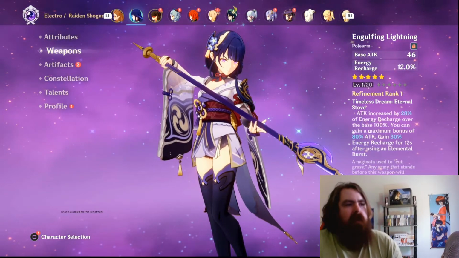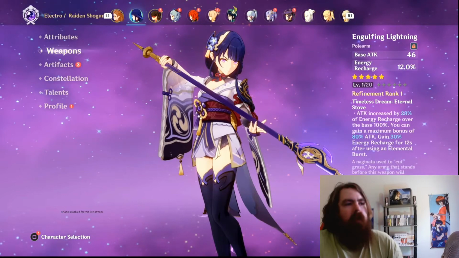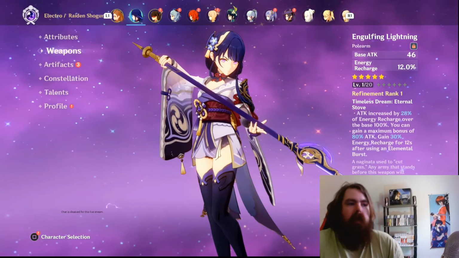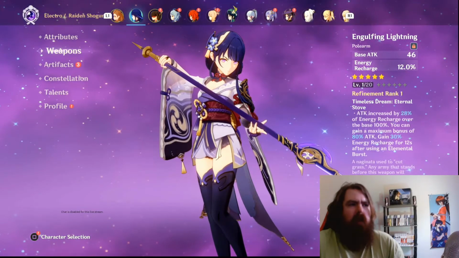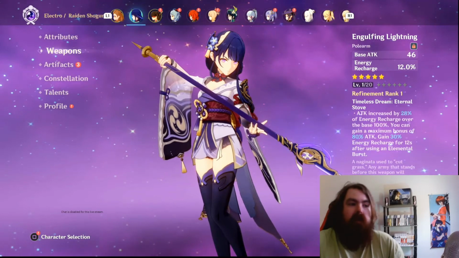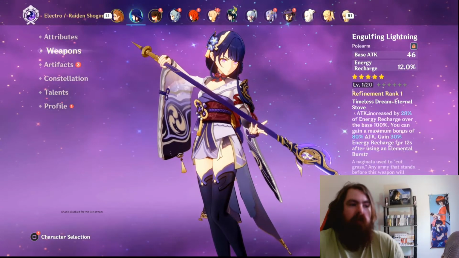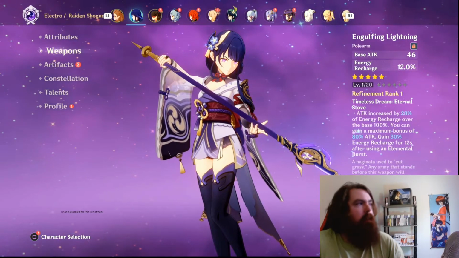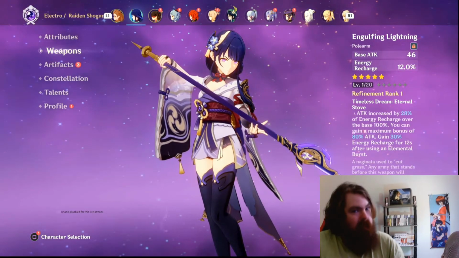So energy recharge over the base 100%, you can gain a maximum bonus of 80% attack. And obviously this would go up with refinement ranks and all that. Gain 30% energy recharge for 12 seconds after using an elemental burst. So once you use elemental burst, which is really important to this character,